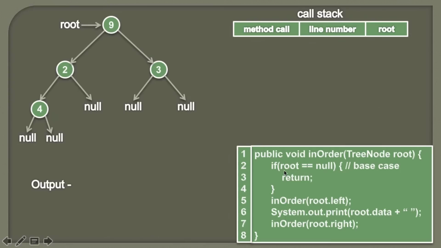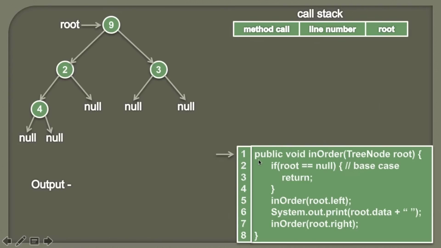So friends, below you can see the algorithm for the in-order binary tree traversal. Here you can see the method name is in-order, which takes in a root. And in the method we are again calling the in-order method, therefore these calls are recursive in nature. In order to understand this recursion, we are using this call stack where we are keeping the information for the current executing method, and we are also keeping track of the root node which is getting executed in the particular method call, and we are also keeping track of the line number, whose significance we will see once we demonstrate the algorithm. So let's see the demonstration of this algorithm step by step.